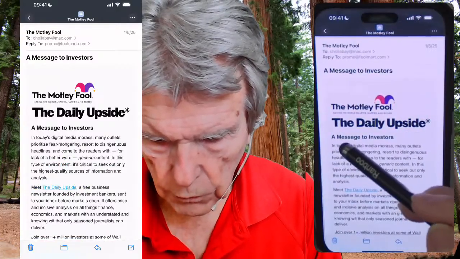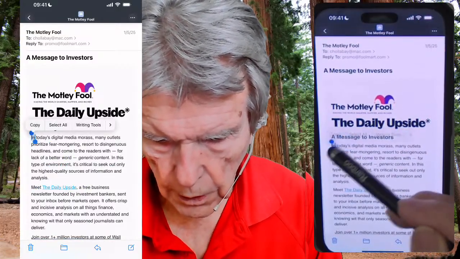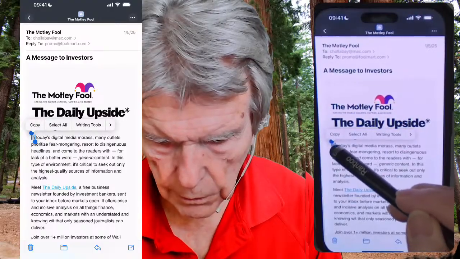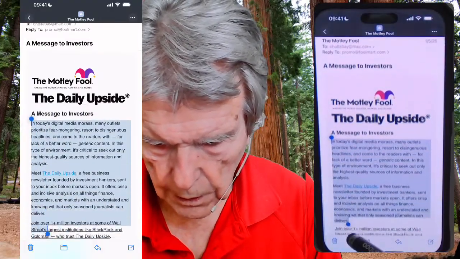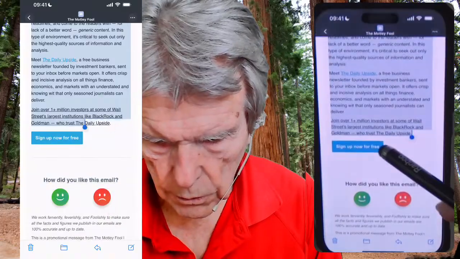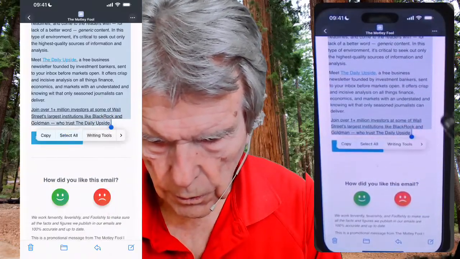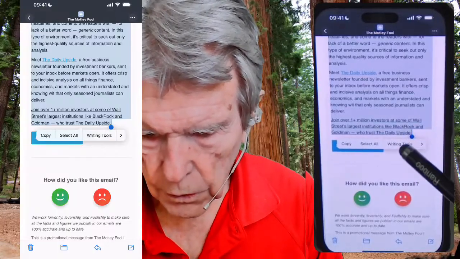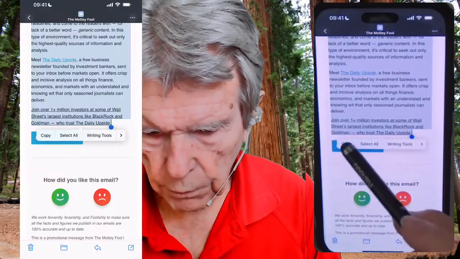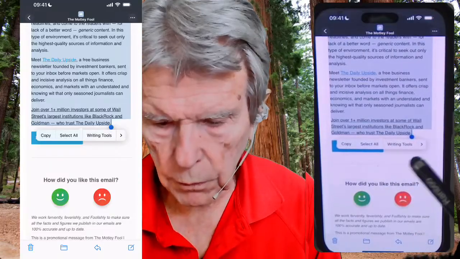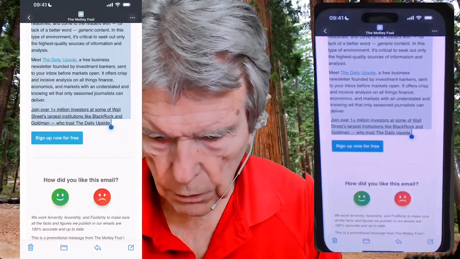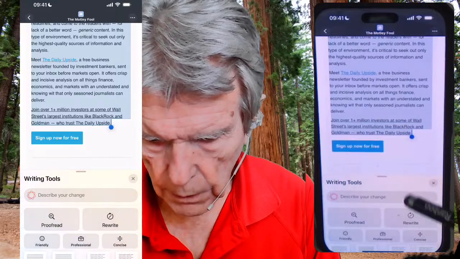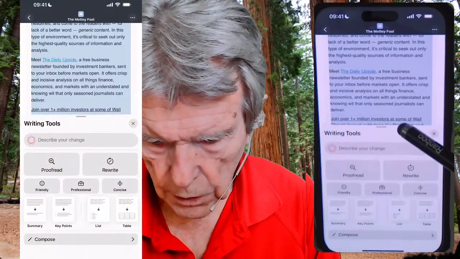Okay, so I'm going to tap here. I'm going to take the handle and extend it down to here, and I'm going to copy that. Oh, you see here's writing tools right here. So it's going to come up here, same place where you're used to seeing copy come up. And we'll click on writing tools, and then down here on the bottom you can see I have all the